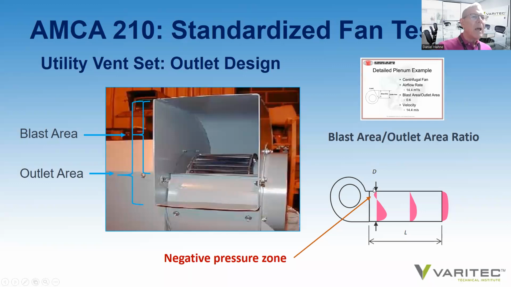And the reason for that is, if you look at the illustration in the lower right, without that baffle plate, as air is thrown at high velocity and hugging the sheet metal duct, then a lower pressure zone occurs at the opposite side of the duct, allowing air to be sucked back into the fan and thereby starving the actual airflow of possible air. So a plate is always provided on the discharge of a utility vent set to prevent